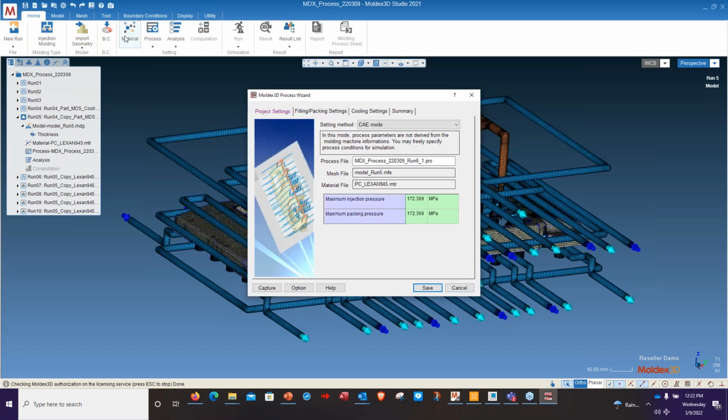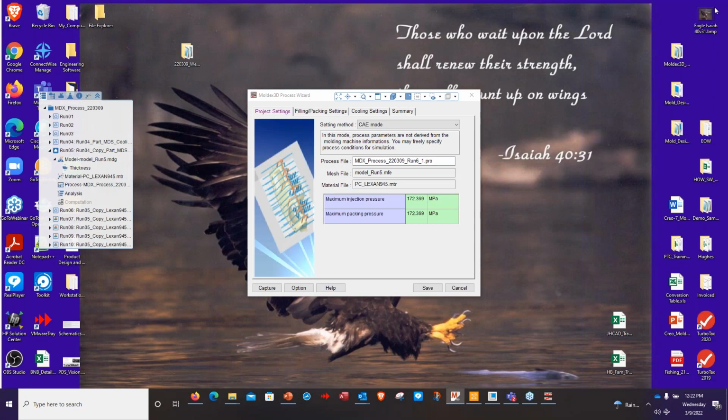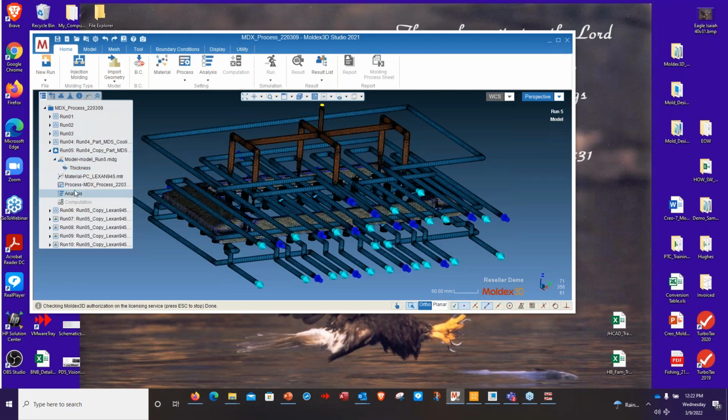Typically, it's recommended to set that to 25,000 because we want to make sure that it doesn't indicate a false short shot. If we don't like our units, I can change this from metric to English again, but moving forward,